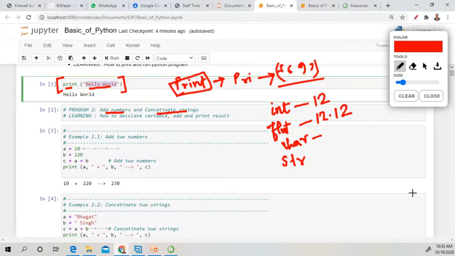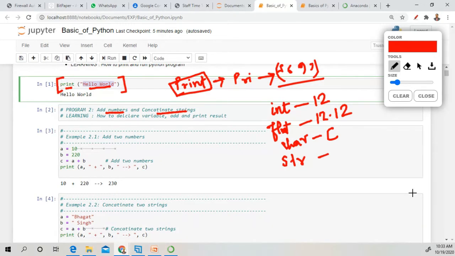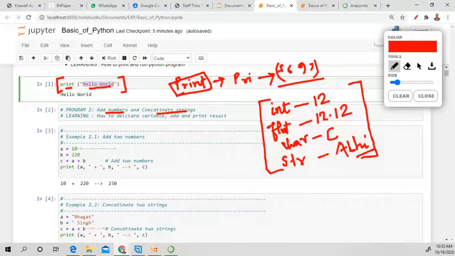If you write a single character, it is called a char. If you add multiple characters, it is called a string. So how to create these data types using Python? Let's take an example right here.